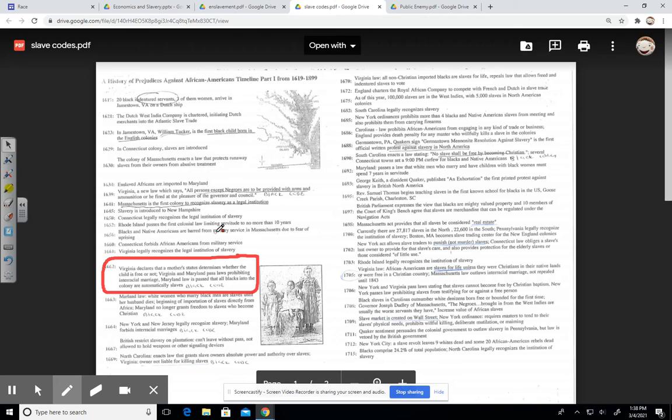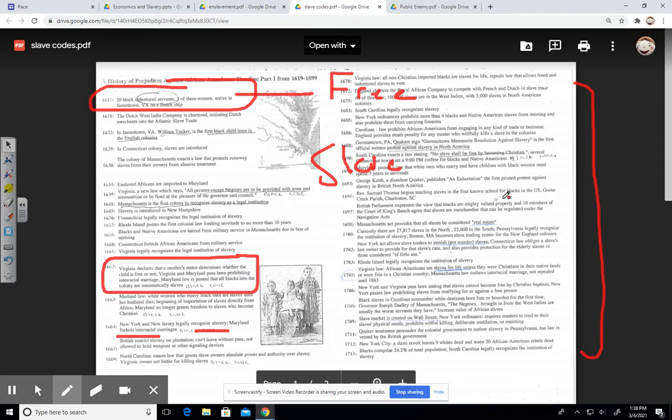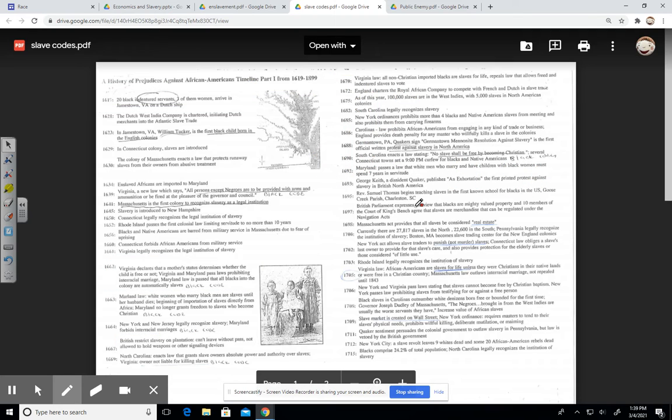So for the most part, you have a series of laws that are passed at the state level. Here we see Massachusetts. Here we see New York, New Jersey, recognizing slavery. They're forbidding interracial marriage. So the slave codes slowly take away the status, because remember, the first Africans coming here were indentured servants, which means at some point they're going to be free. And the laws that we are looking at here are the laws that eventually lead to permanent involuntary hereditary servitude. So that was addressed in the last screencast.